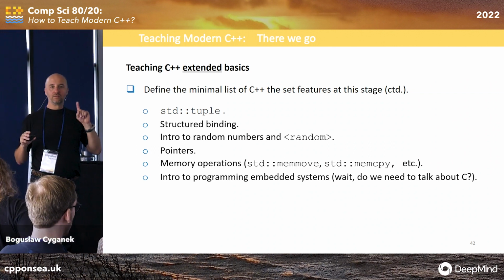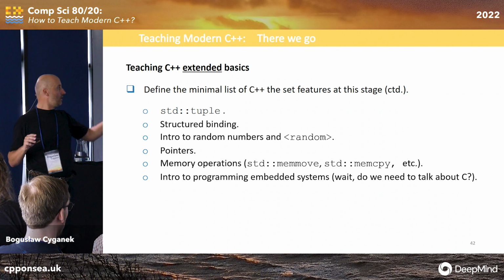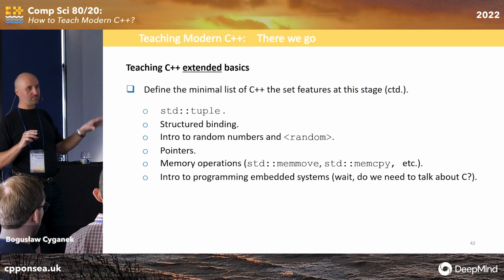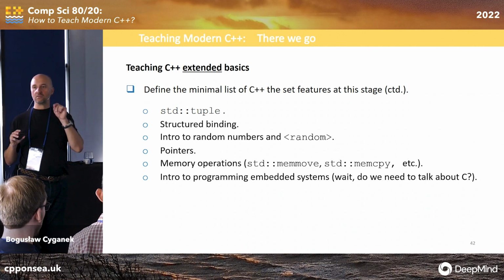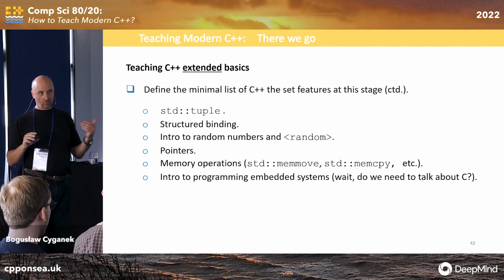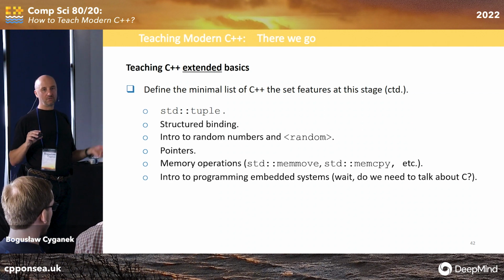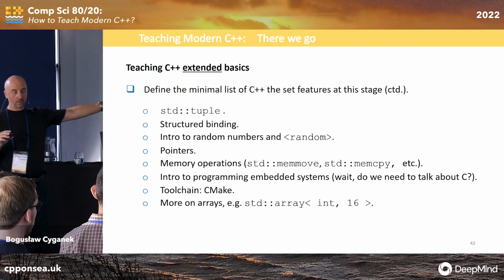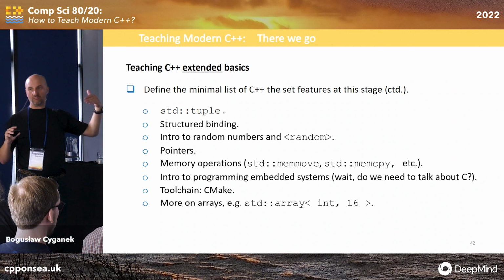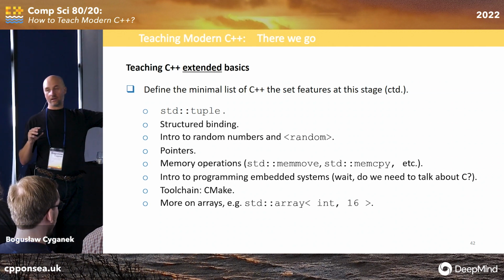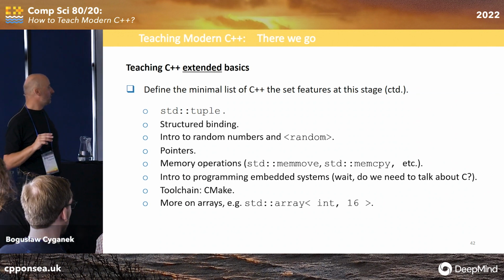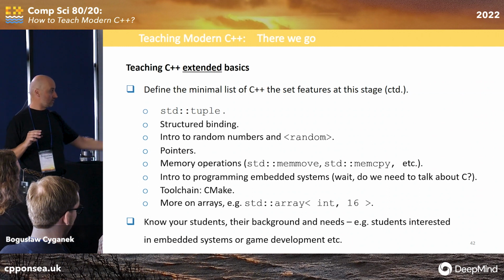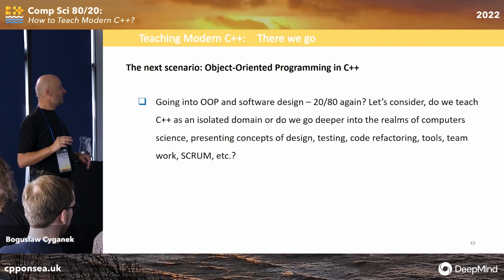But the thing is, they already started in modern C++. So pointers is something auxiliary, not for everybody. It is, but remember, keep things simple and in the right order. So know your students. For some we need pointers sooner, but for some, you can postpone pointers till the end. Toolchain, CMake. More arrays, but not int and old style. Array is okay, because sometimes it is more efficient than vector. But know your students, again. For example, there are embedded or game developers or things like this.